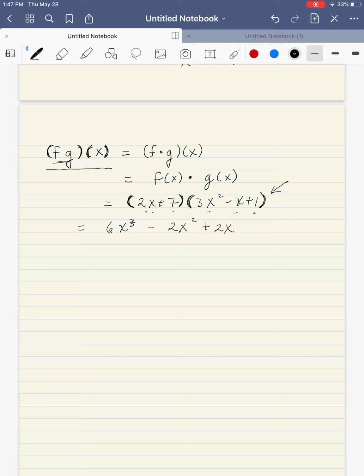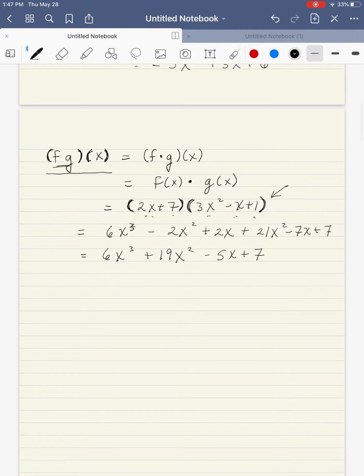Now distributing the 7, I have 21x squared minus 7x plus 7, and combining like terms, I have that f times g of x is equal to 6x cubed plus 19x squared minus 5x plus 7,